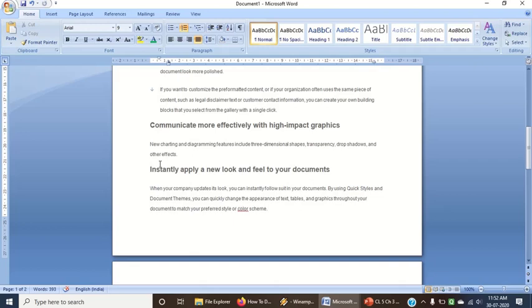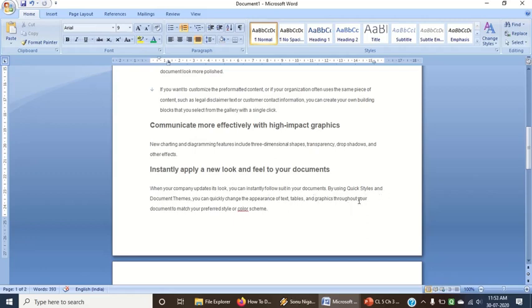Now, what do we understand by a line and what do we understand by a paragraph? Whenever we press the Enter key in MS Word while typing, after pressing the Enter key, it becomes a paragraph. If you are continuing typing and the word is wrapped to the next line automatically, that is a line.